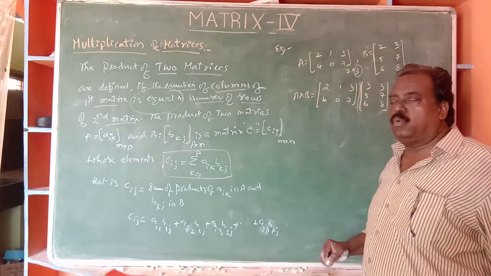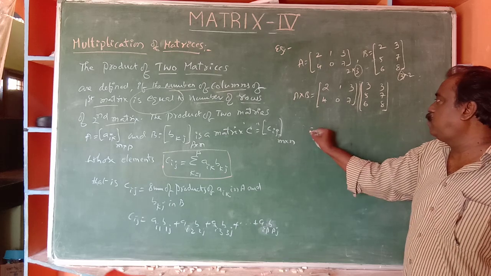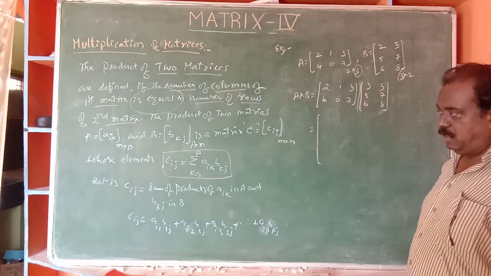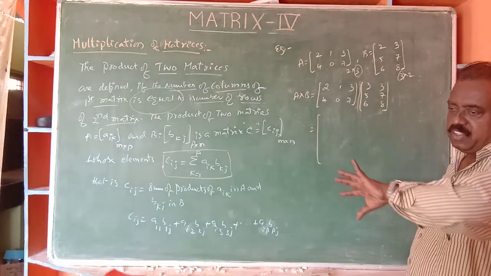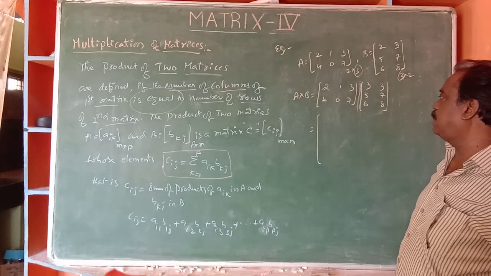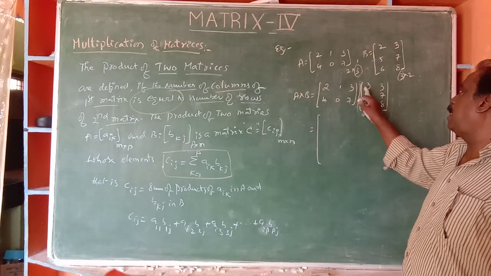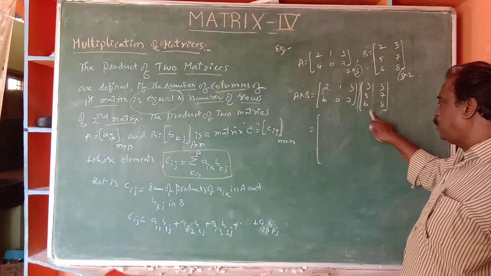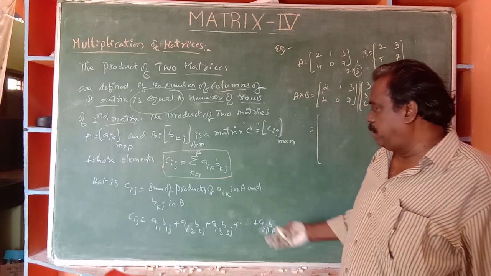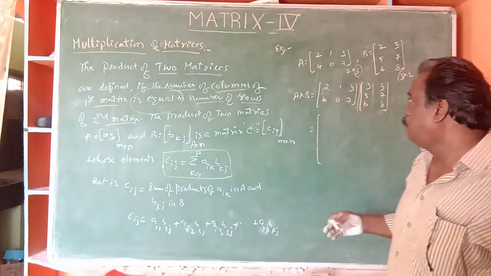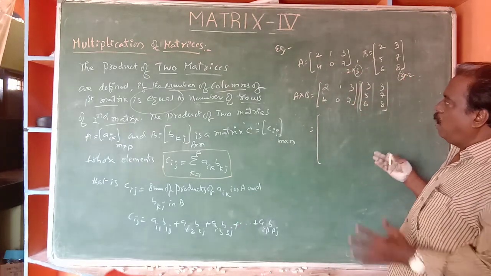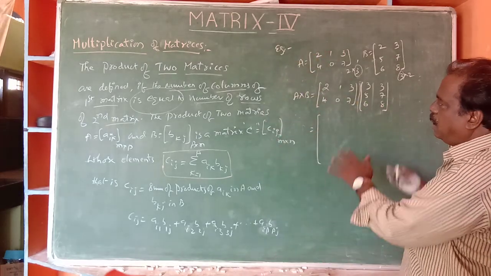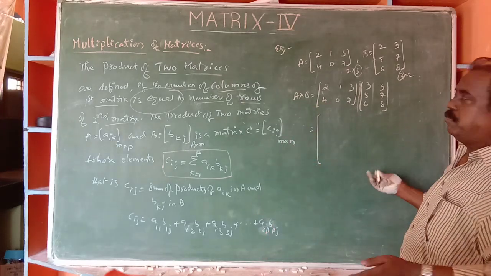Slowly you try to understand it. You see, by definition, each element of the new matrix, which is the product of the first two matrices, is the sum of products. Okay now, you take the first row, first column. By seeing this definition alone, you cannot understand. First, you try to understand how to multiply the two matrices. You can apply it by hand, and slowly you can understand by solving the problem.